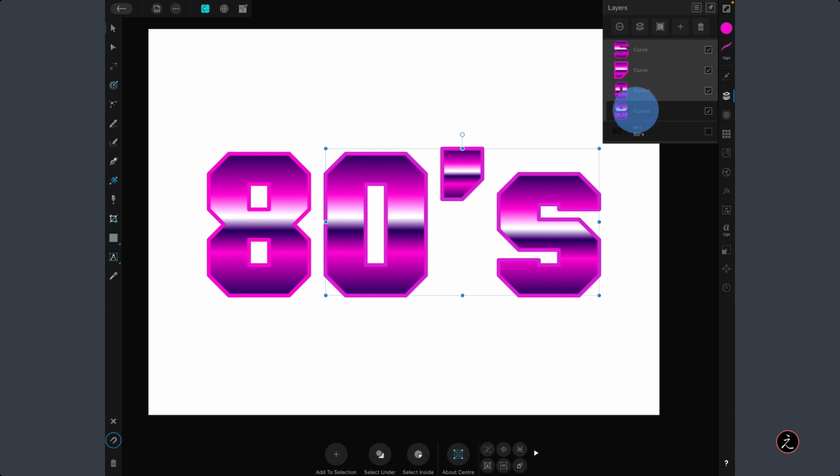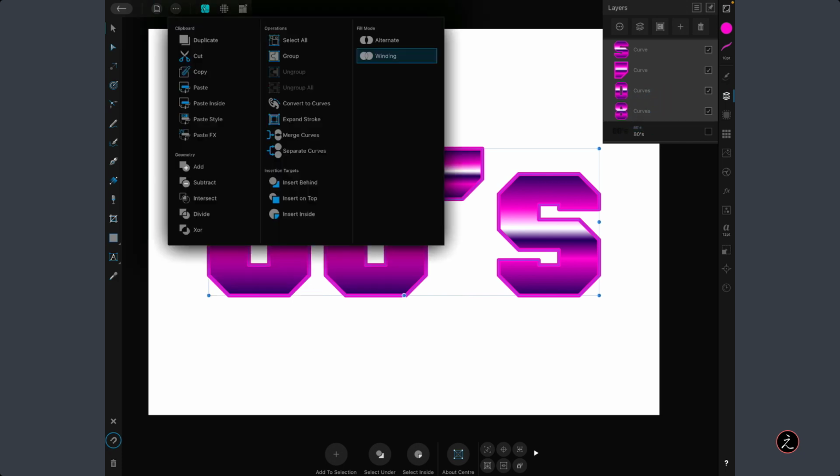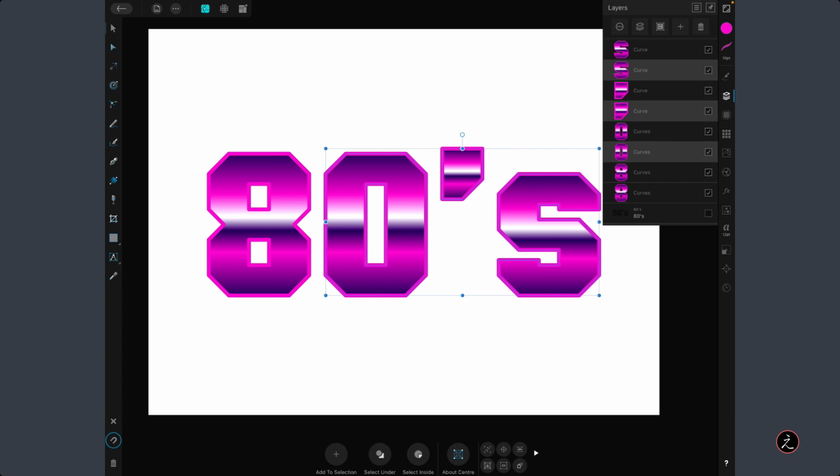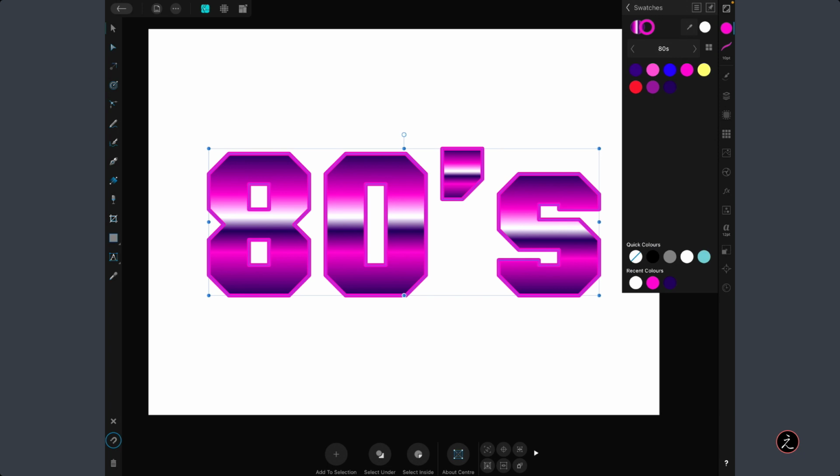Well, I will select this curve as well, and I will tap on the edit menu to duplicate those. Then I will tap on these curves that sit under the 80s text. These are identical, but in this case, first of all, I will remove any kind of stroke here, and for the fill color, I will go ahead and use just a solid black color.